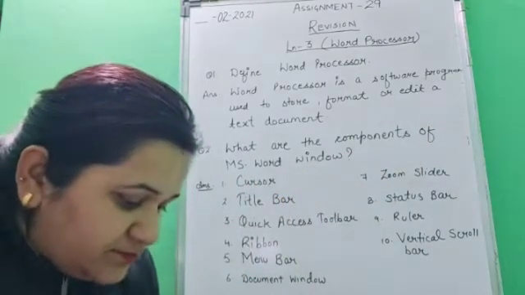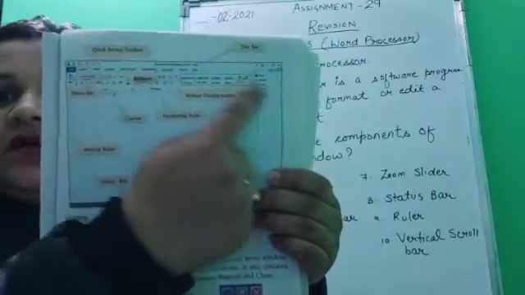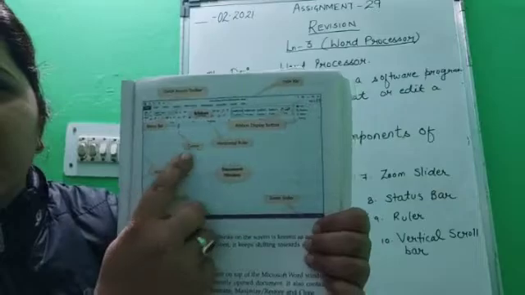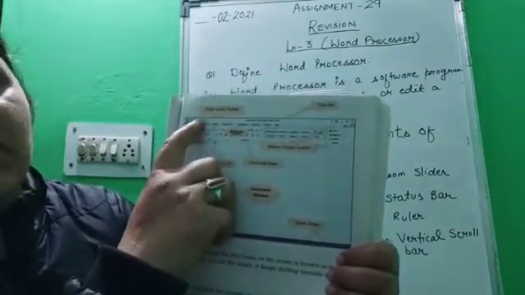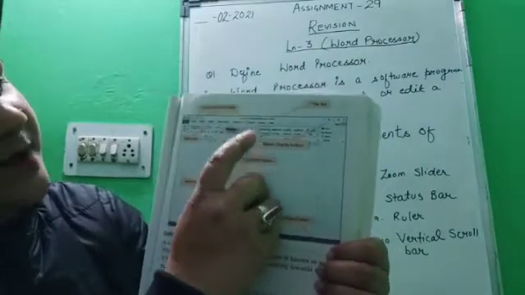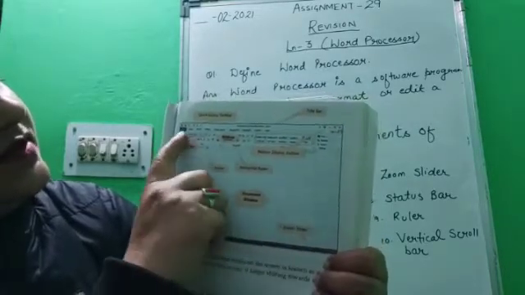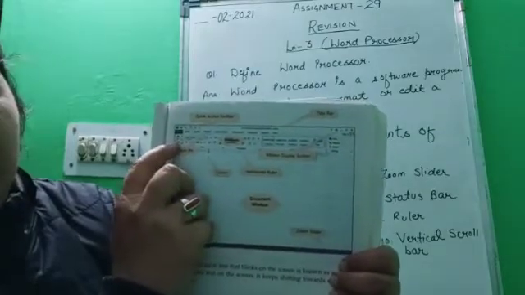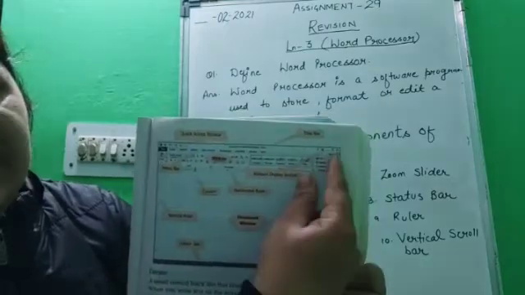Now children, whenever you open the MS Word window on your computer screen, this is the window. The MS Word window has these components, which are marked with these boxes. First is the quick access toolbar. Next is the title bar, where the name of the file is written. Next is the ribbon display button over here. Then this is the ribbon. This whole box here is known as the ribbon. Only this much part is known as the ribbon.